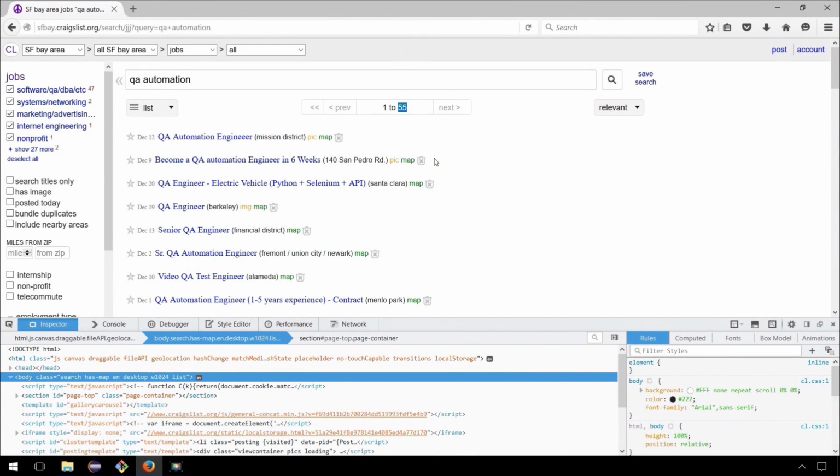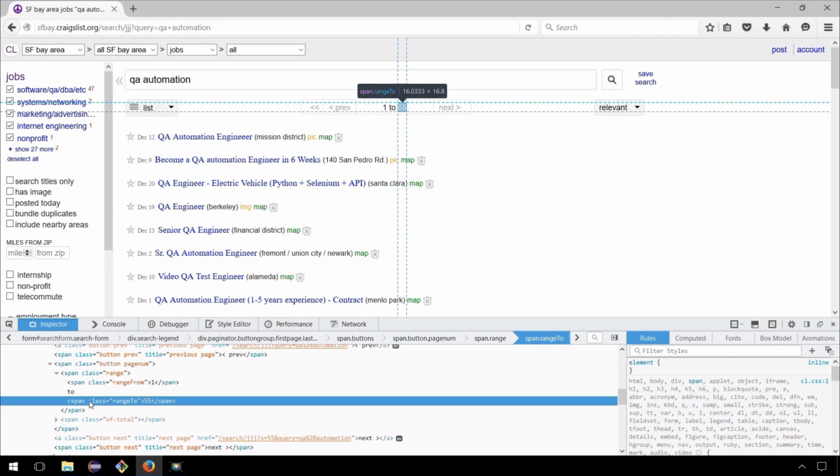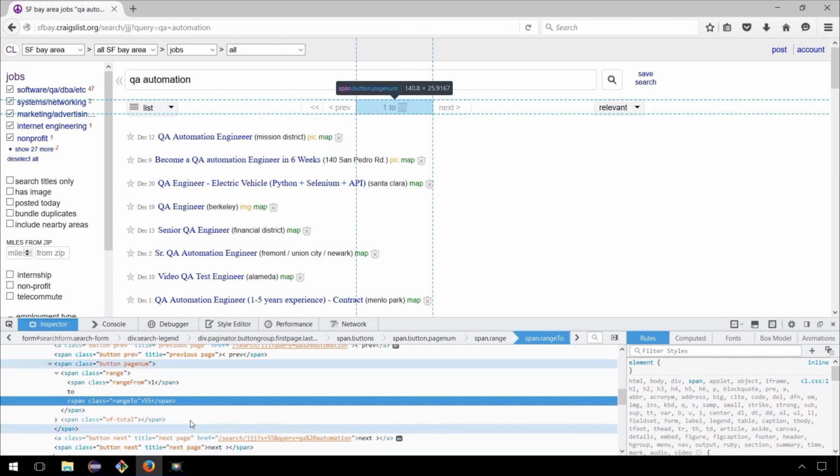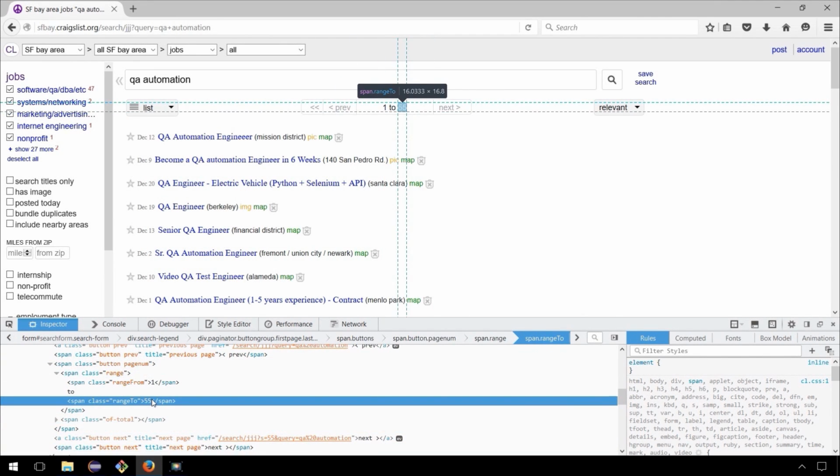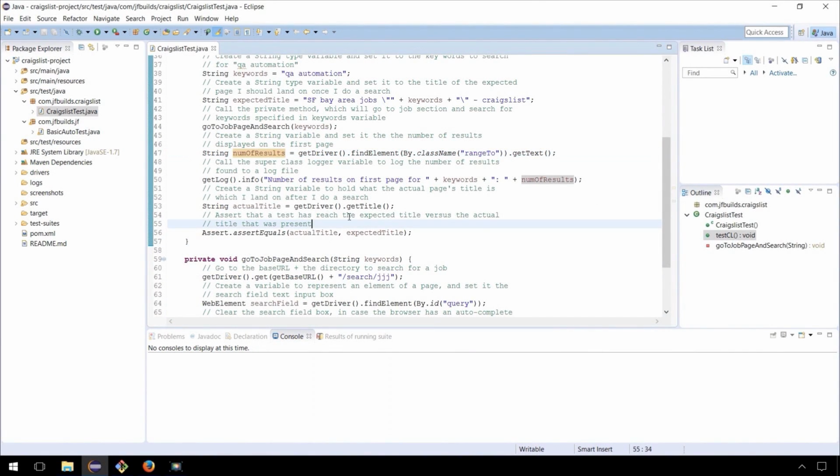If we inspect that element, we'll notice that that is of type class range 2. And there's no other elements on the page that are of that type class, so we're safe to use that locator. So here, where we want to log, we're calling the get log to get the logger, calling the info